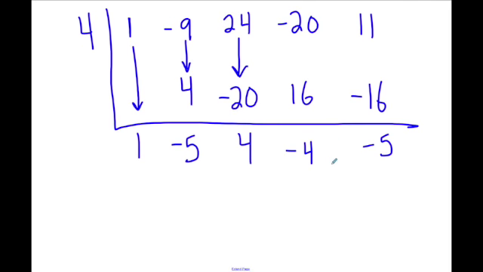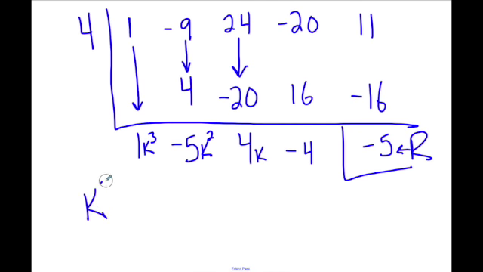So again, these are k's, so I'm going to backfill it. Remember, the last number is always the remainder. So I'm going to go no k's, 1k, 2k's, 3k's. Okay, so I get k cubed minus 5k squared plus 4k minus 4, and here's my remainder, plus negative